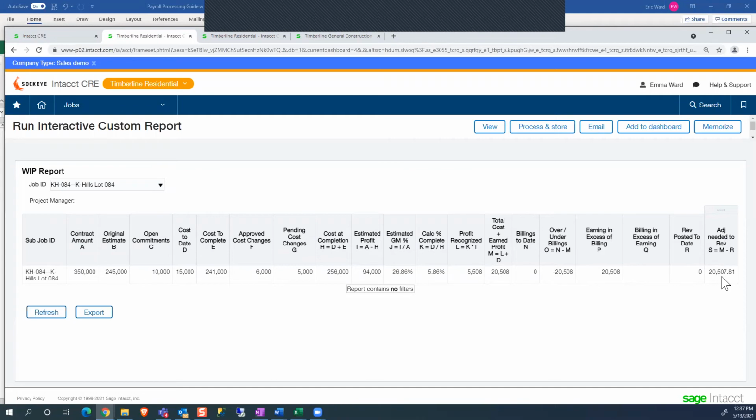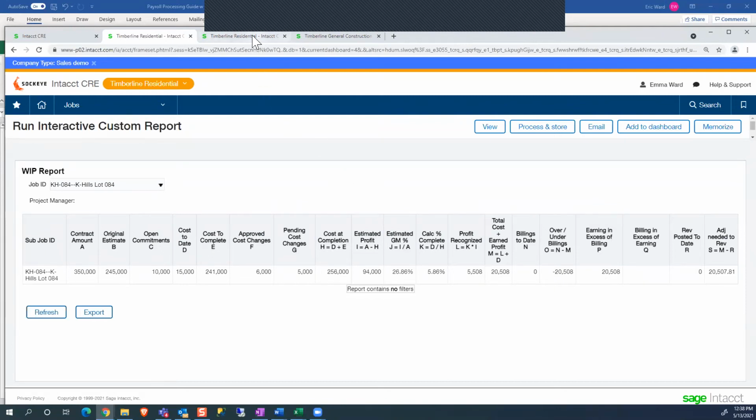So in Intacct, this is where we're leading. In Intacct, we have the ability to separate out billings and revenue so that our WIP reports and our revenue could be based off of my cost, my percent complete based off of cost, but my billings might be done in agreement with the owner or an observed percent complete. There might be many different ways I'm calculating my billings, and it may be different than how I want to recognize the revenue. And that's something that Intacct can automate, and that's where I'm leading with this process.